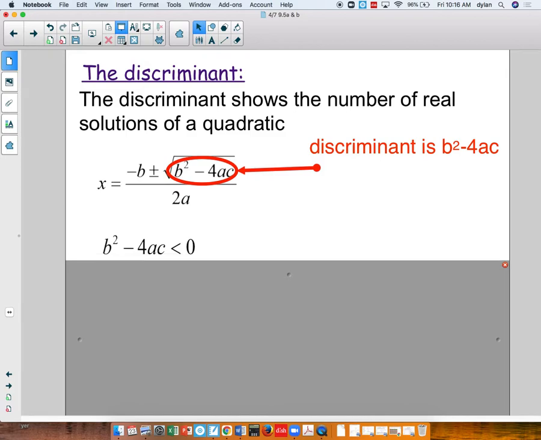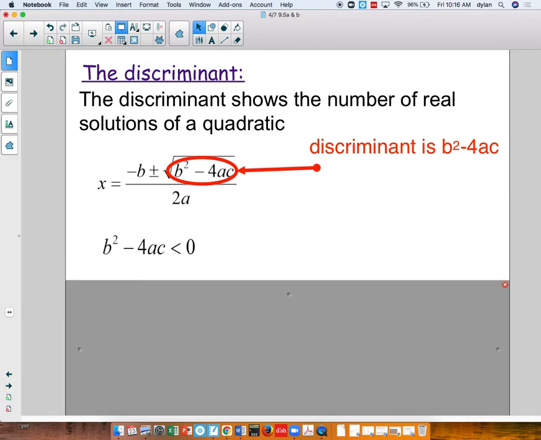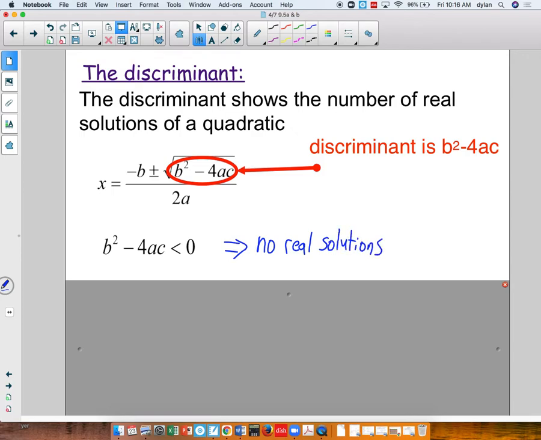So the first thing to think about is what happens if the discriminant is less than 0. If the value inside the square root ends up negative, we've talked about that we can't have real solutions when we take the square root of a negative number. So if the discriminant is less than 0, that tells us that we're going to have no real solutions. We don't even need to do the quadratic formula at all, because once we calculate the discriminant and find we have no real solutions, we're done. So this actually saves you a lot of time if you do the discriminant first and check this. Now, the second one